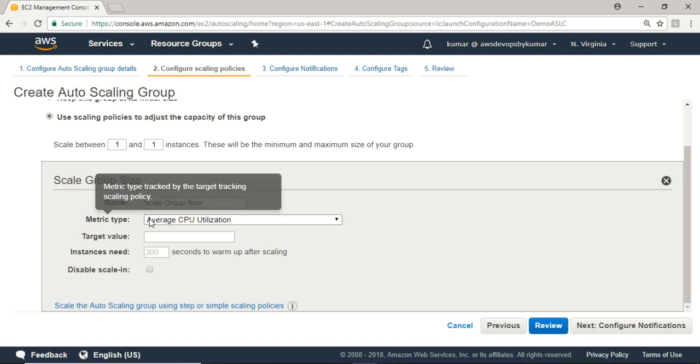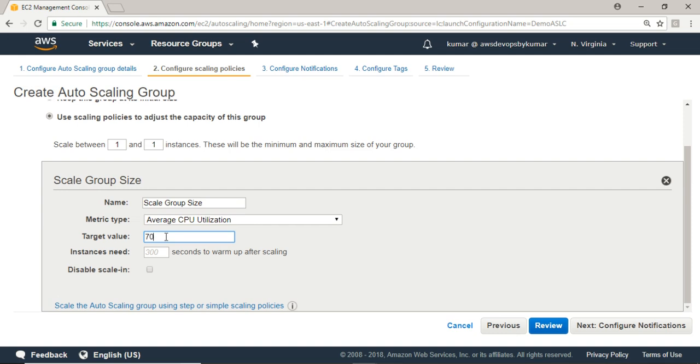It's asking for the metric, the average utilization. If there is 70%, then how many seconds should the instance need to warm up, let's say 10 consecutive seconds. By default it was 300s, which is 5 minutes, so better to do it in